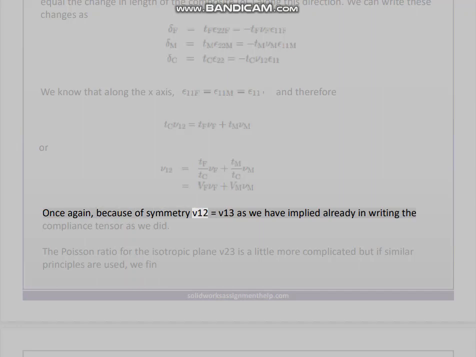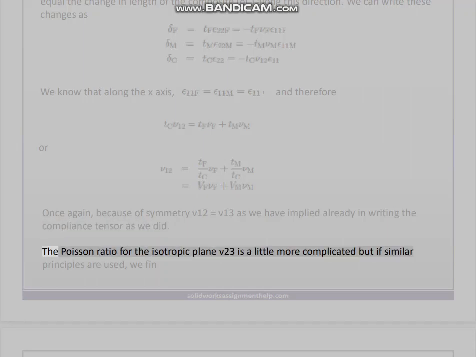Once again, because of symmetry nu12 equals nu13, as we have implied already in writing the compliance tensor as we did. The Poisson ratio for the isotropic plane nu23 is a little more complicated, but if similar principles are used, we find